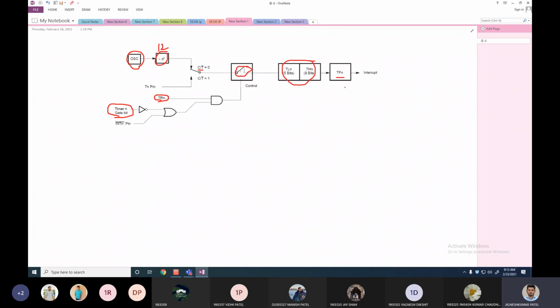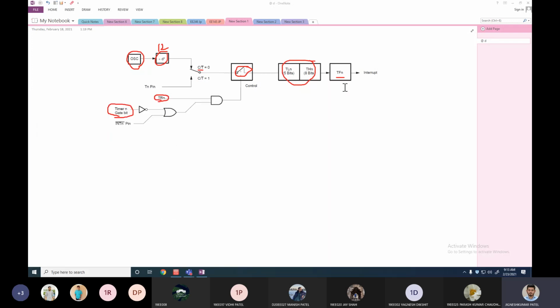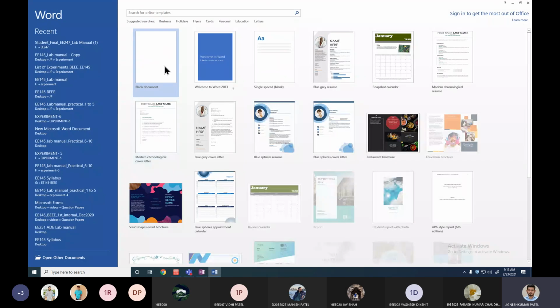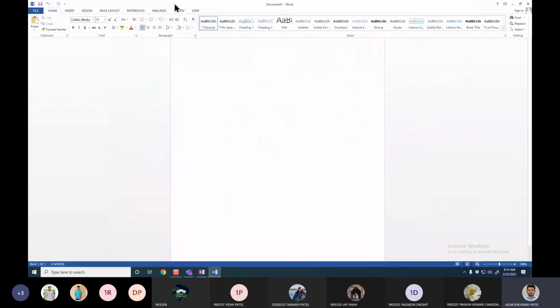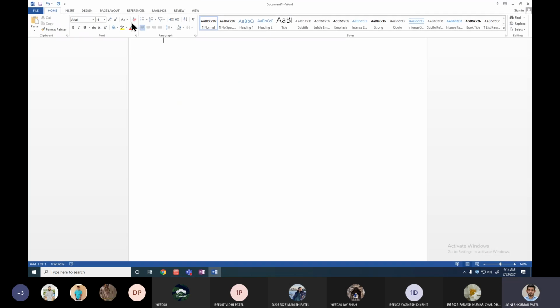Now today we are going to write one program in which we will try to run the timer, and we will try to generate the desired amount of delay. So let's see what the question is and how we proceed with it. Okay, so we'll be starting with